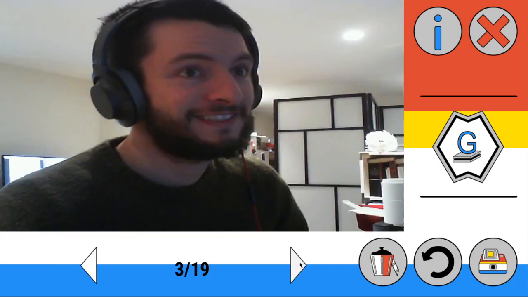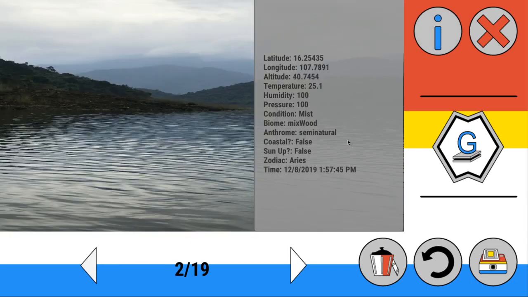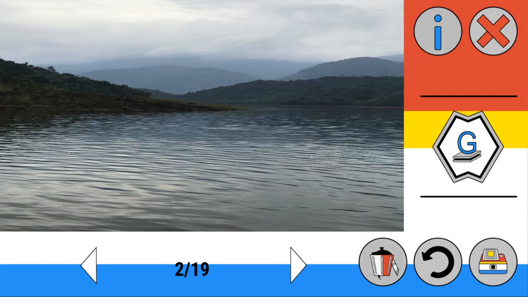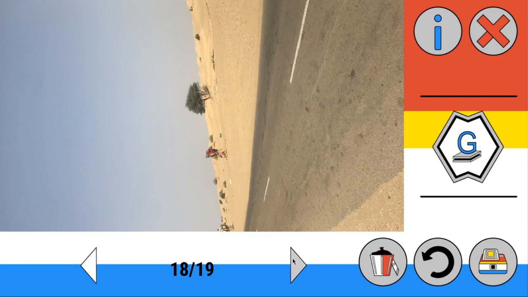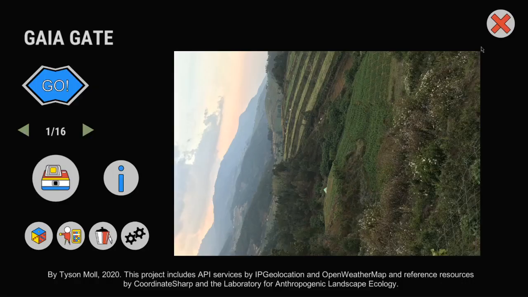Here are some photos that I've imported. As you can see, all the data has been saved. And for the imported photos, we can also get a lot of information about the current setting. Again we have the delete button, we have a refresh button, and we can go back to using the camera if we desire. And this button right here allows us to generate levels. So if I go over here and I want to generate this, there we go. And I can exit, and we're back.